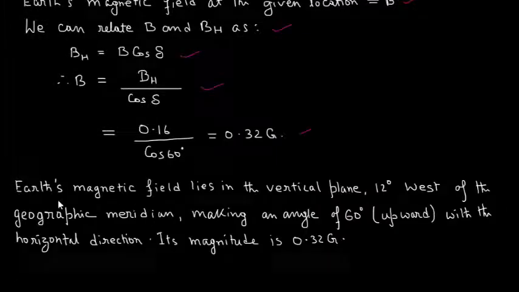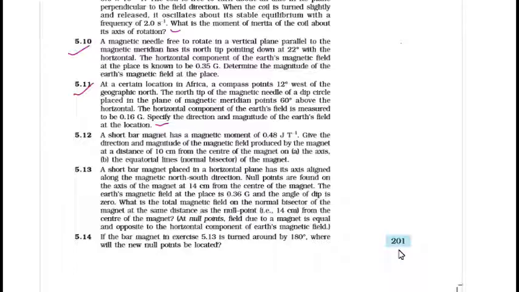Therefore, Earth's magnetic field lies in the vertical plane 12° west of the geographic meridian, making an angle of 60° upward with the horizontal direction. Its magnitude is 0.32 G. Next question,